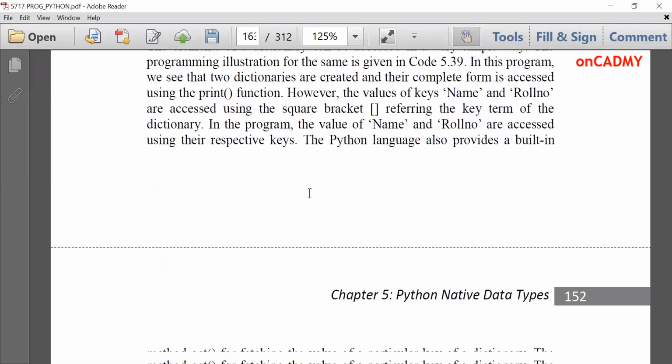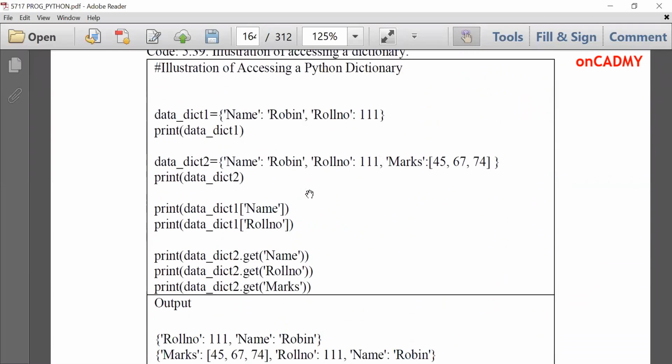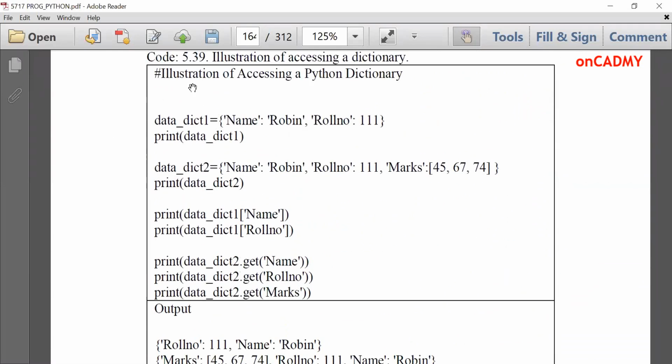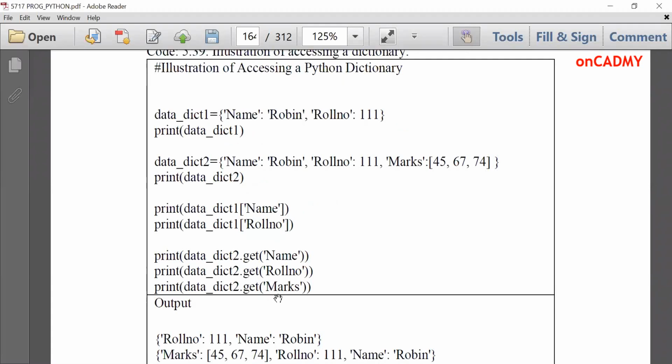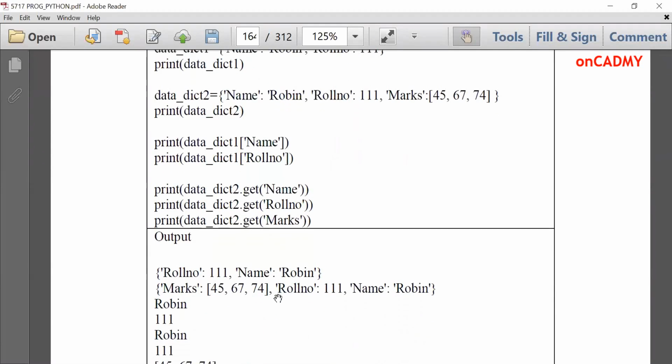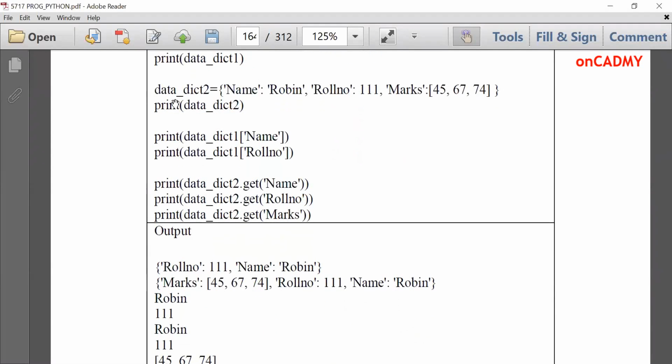Now accessing a dictionary, it's very simple how to access elements of a dictionary. We can access them by using their key values only. We have created this dictionary and we have just printed it. Then another dictionary and then just printed it. Now I want to print the value of just name of dict1. The result should be Robin. So let's see the output. It's Robin